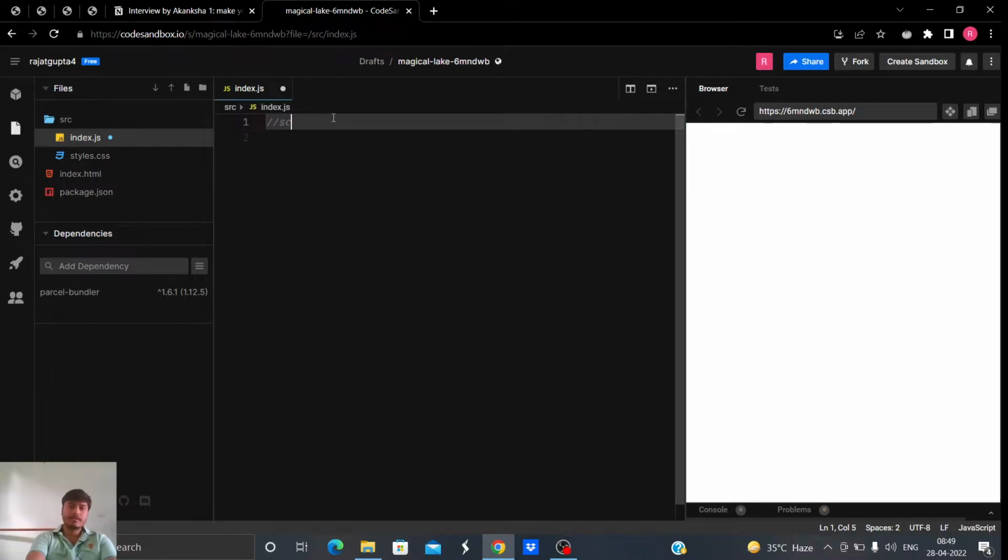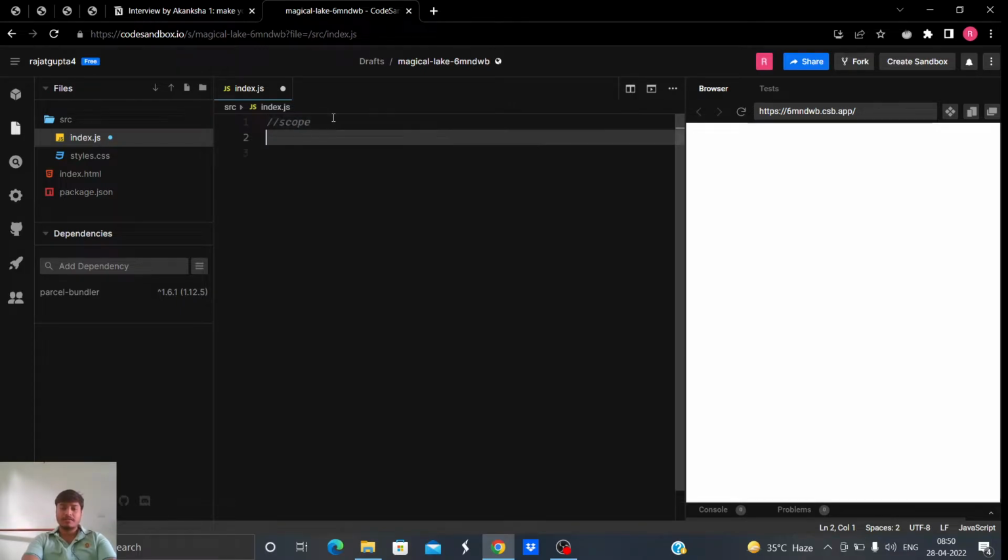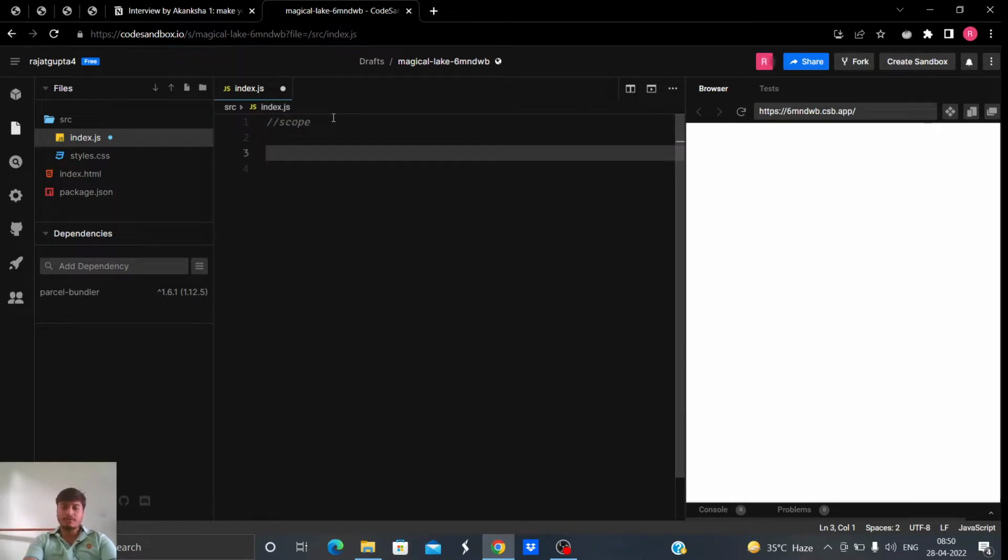So the first difference is scope. Var is globally or functionally scoped. On the other hand, let and const are block scoped. So what do I mean when I say block scoped and globally or functionally scoped? Let me show you with an example,